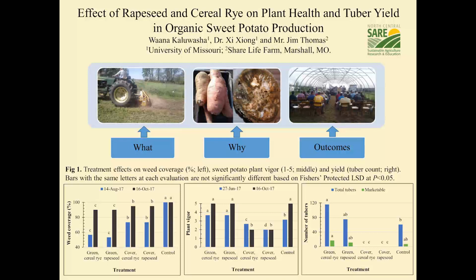potato slips. Once we transplanted the sweet potato slips in June of 2017, we monitored the plots for percent weed cover, which data is shown in the graph on your far left. We also monitored the plots for plant vigor, so we were trying to determine how well the sweet potato plants looked in each plot. And at harvest, we determined the yield, so the total yield and the marketable yield, which would be the tubers that could be sold based on the